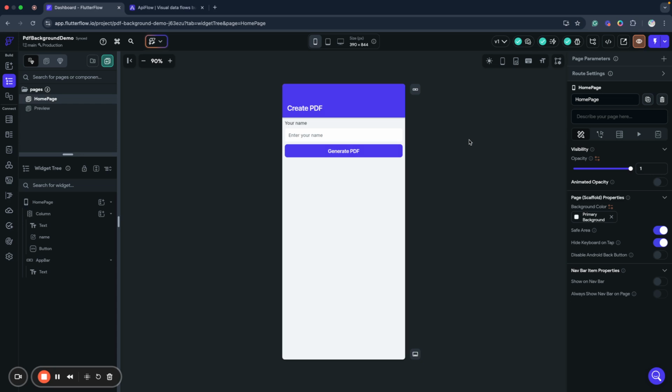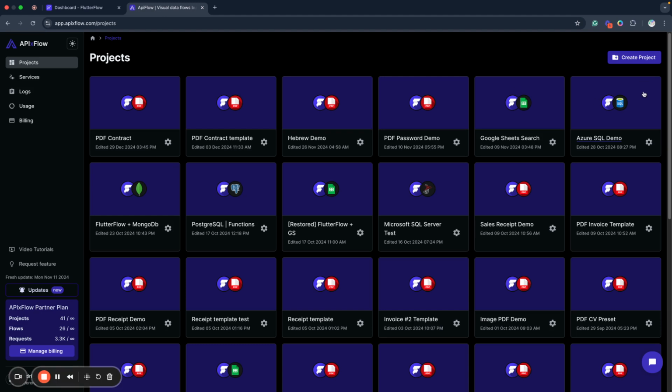Today we will talk about how we can set a custom background color or image for a PDF while generating a PDF document in FlutterFlow. So if you're looking for a sample of how you can make your PDF file more beautiful, or you need to place some branding, for example, or some color for the background in a PDF, this video is the right guide for you. We will create a new project in FlutterFlow to